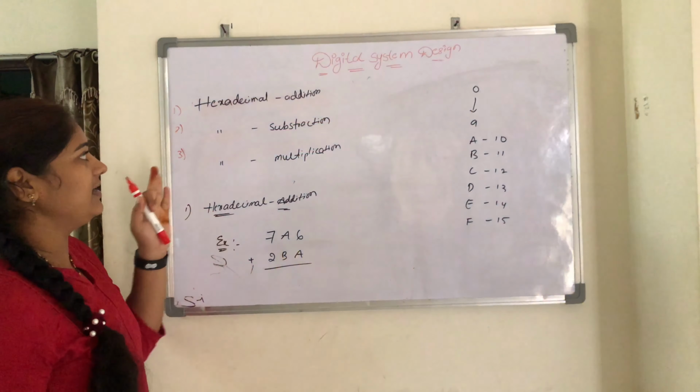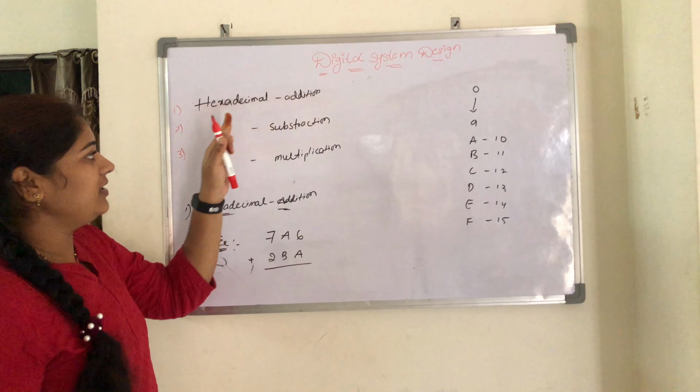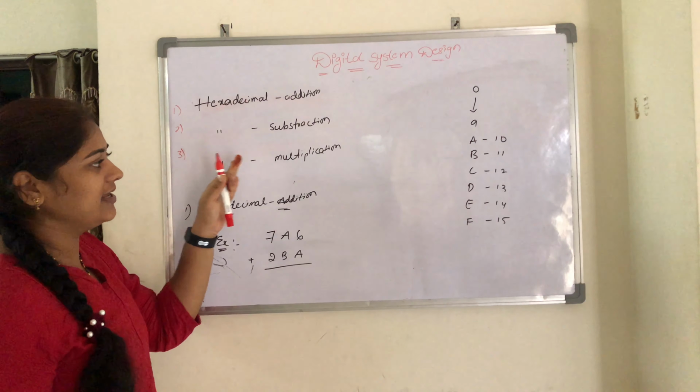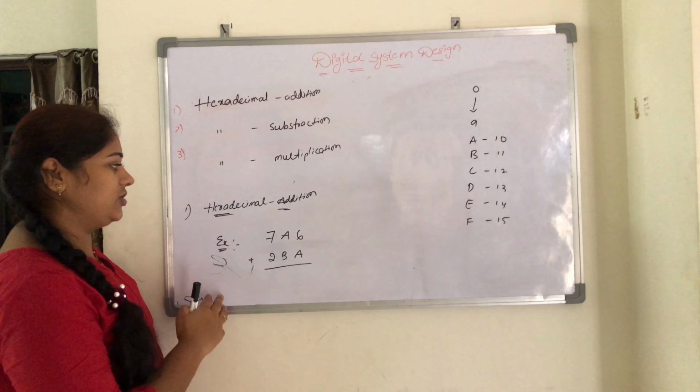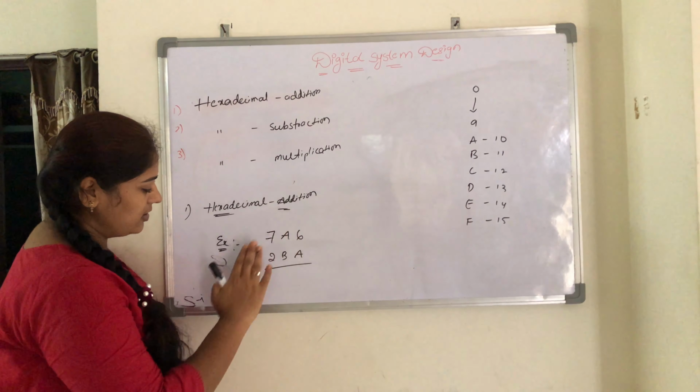The next topic is hexadecimal addition, hexadecimal subtraction, hexadecimal multiplication. So next, take the first one, hexadecimal addition. So the example